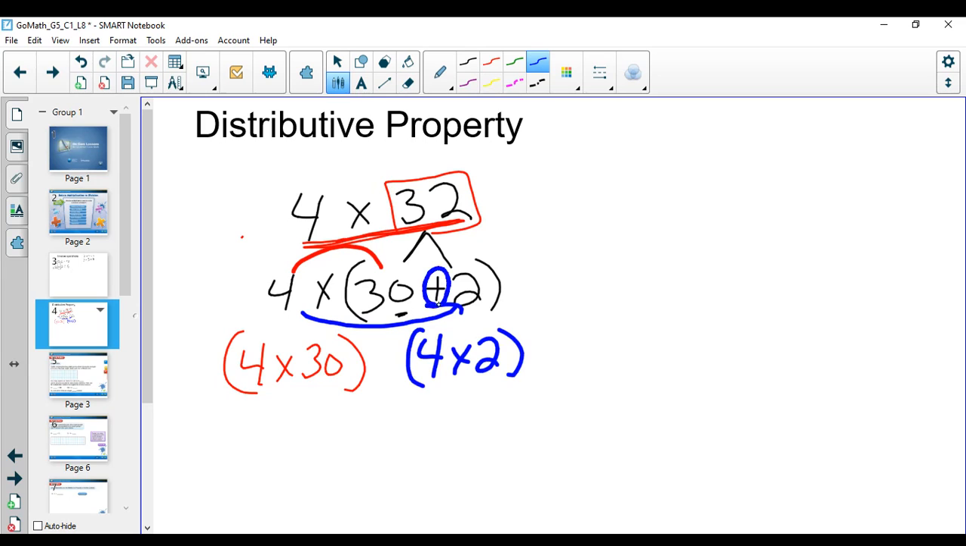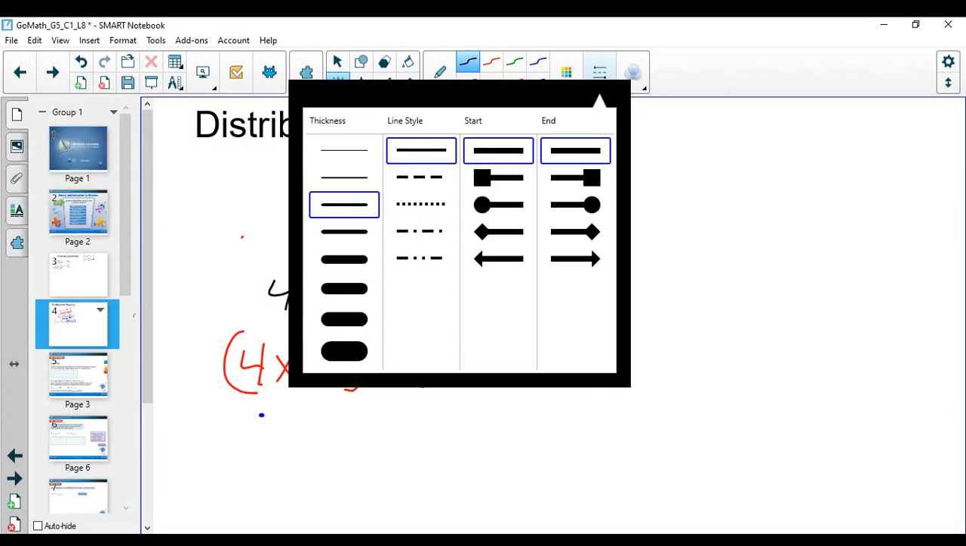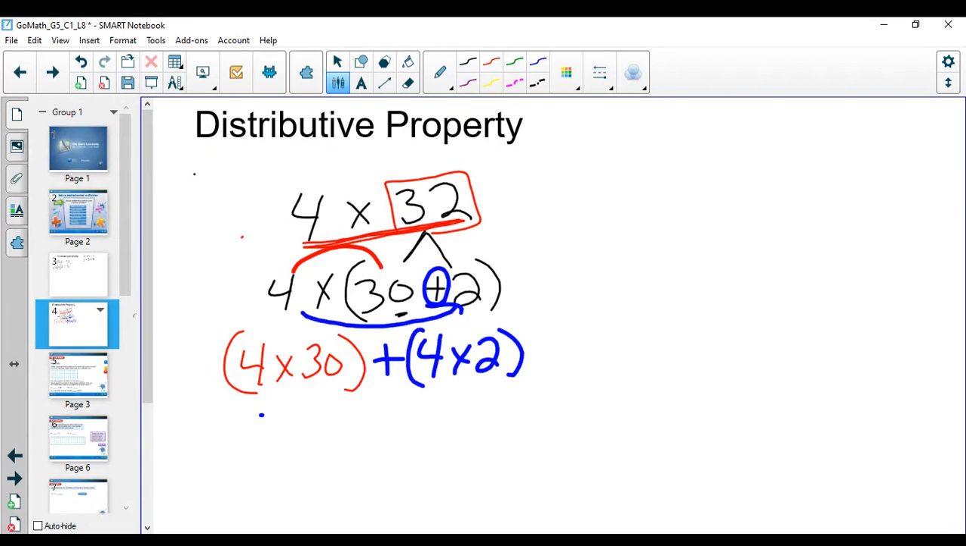All right, well, here in the middle, I have this addition symbol. So I need to add these two pieces together. So now I do my math. 4 times 30, well, 4 times 3 is 12. I'm going to switch back to a black pen and change it to a little bit smaller so it's easier to fit more stuff. All right, so 4 times 3 is 12, and then I need to tack on my 0 there because it's 30. And then I add that to 4 times 2. Well, 4 times 2 is 8. 120 plus 8 equals